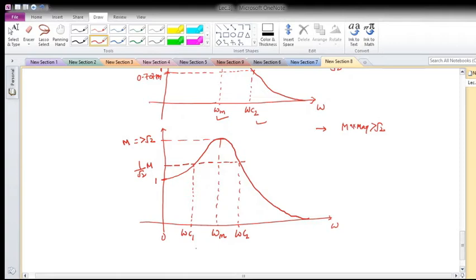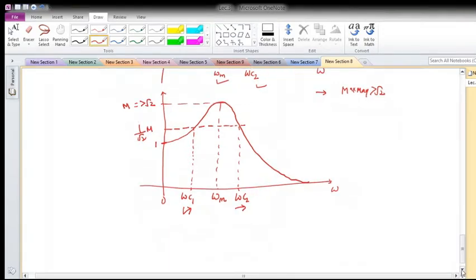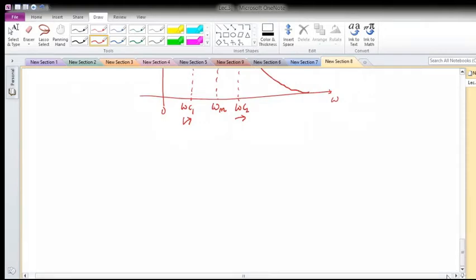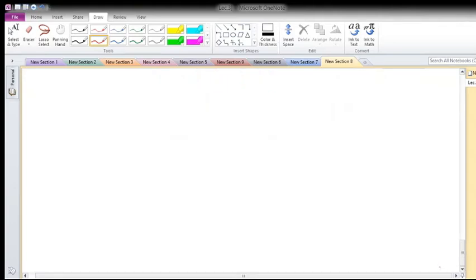So now our aim will be to obtain omega c1 as well as omega c2. Okay, this can be done using the analytical approach. Use the simple formulas you can compute, or we can also see this using the geometric construction as follows. So for that, let us see the geometric construction.